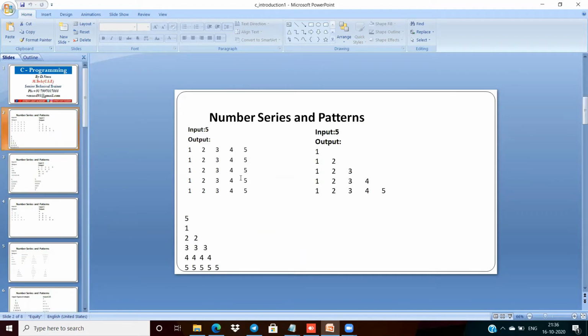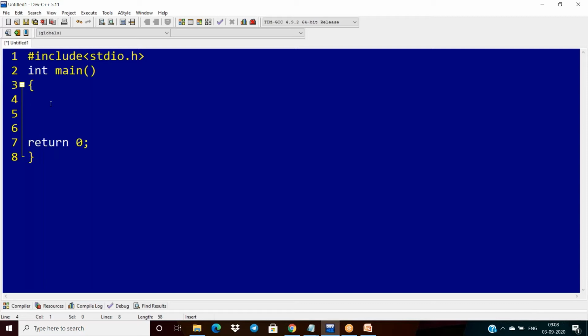So coming to the first pattern, here I want to print the pattern shown. For that, I'm taking i, j. These are the two variables, index variables.